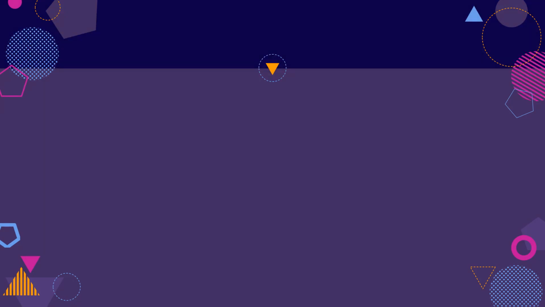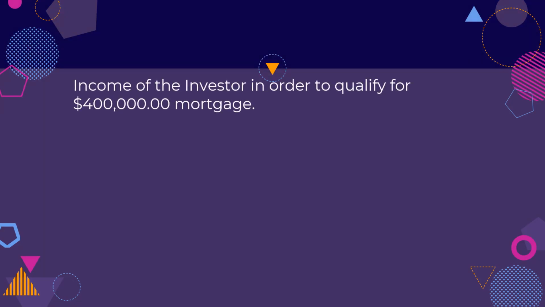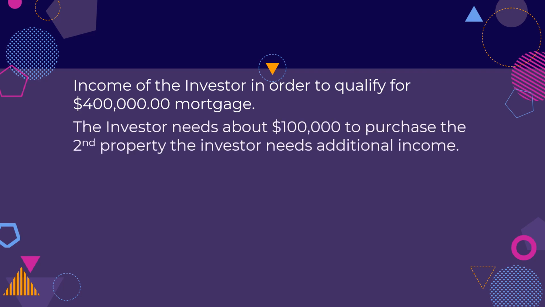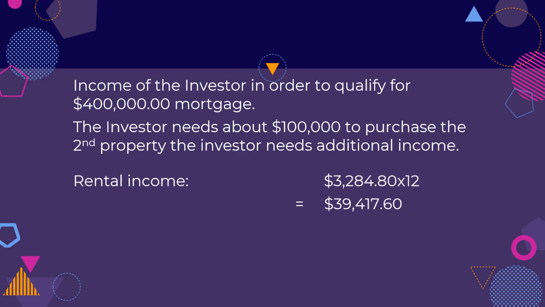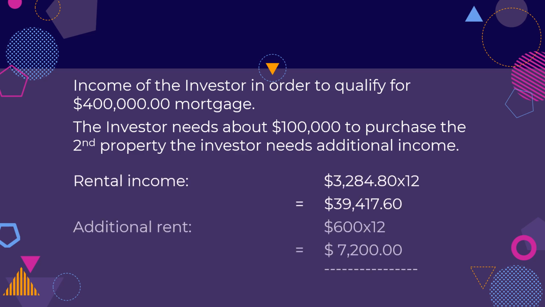In order to qualify for a mortgage of $400,000, the investor needed almost $100,000 of income. But to purchase the next property, this property will be creating him rental income of $39,470, and the additional rent of $600 will create another $7,200 of income, which gives a total of $45,473 of income. The beauty about the ALP system is that the more properties you buy, the higher your income is going to be,